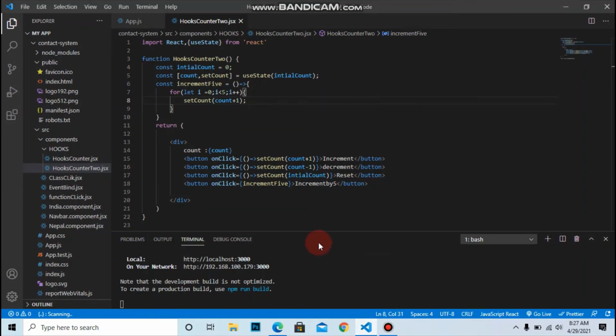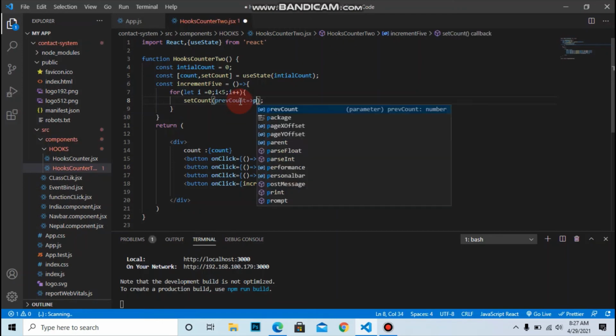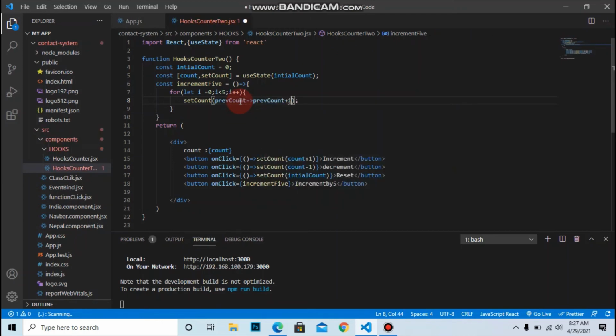To overcome this, we should use the second form of useState, that is the previous state or previous count, and add whatever you want. So go to setCount and pass a function, let's make prevCount as one function and make it an arrow function, that is prevCount plus 1.